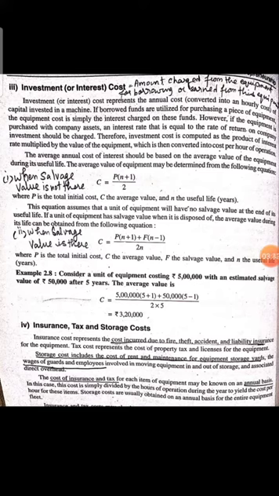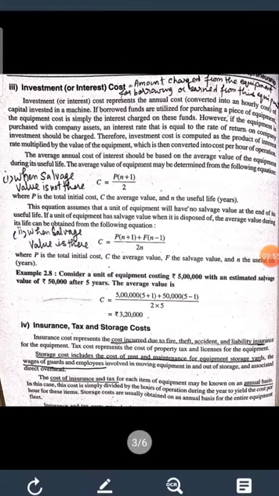So cost occurred due to fire, theft, accident and liability insurance comes under the insurance cost. Storage cost include the cost of rent and maintenance of equipment, storage yards and wages of the guards and the employees. And the last one is the cost of the insurance and tax, which is generally taken as the annual basis.